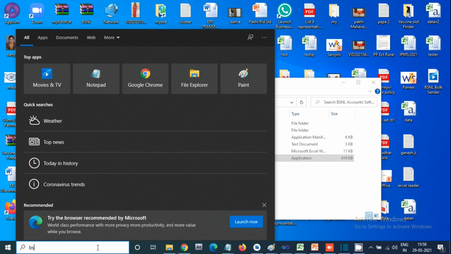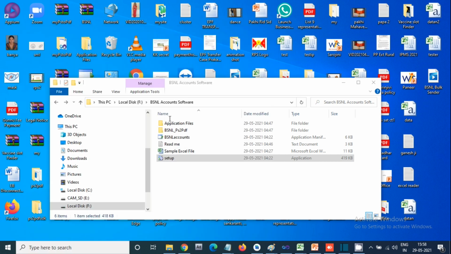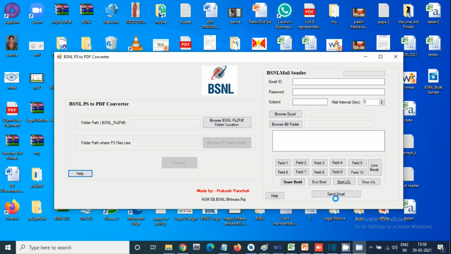Suppose I have installed it, how do I find it? The software name is BSNL account. When you type it here, you will get this one. Let me see how it looks. Okay, this screen will appear.